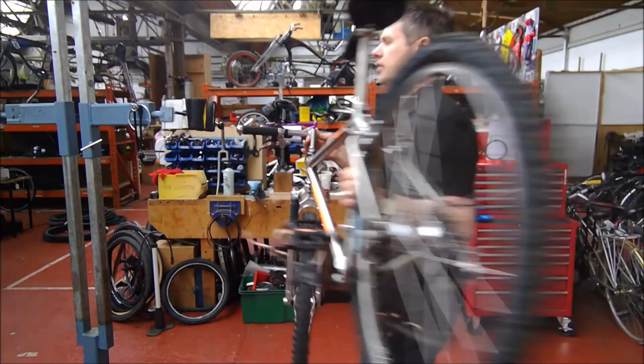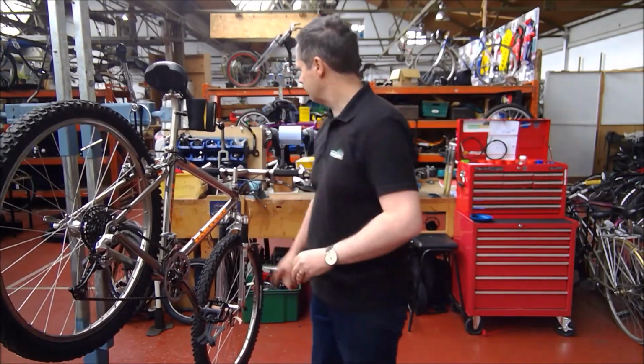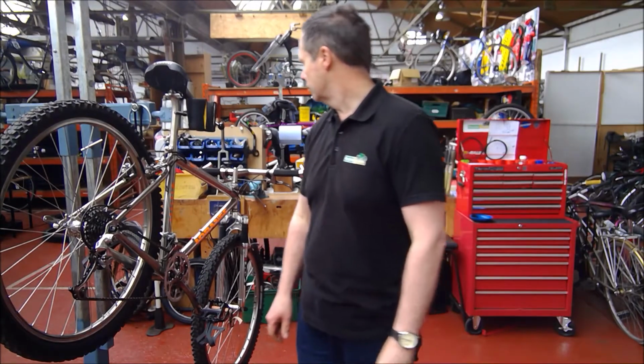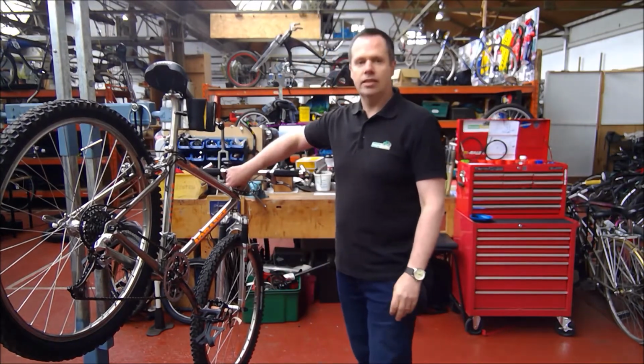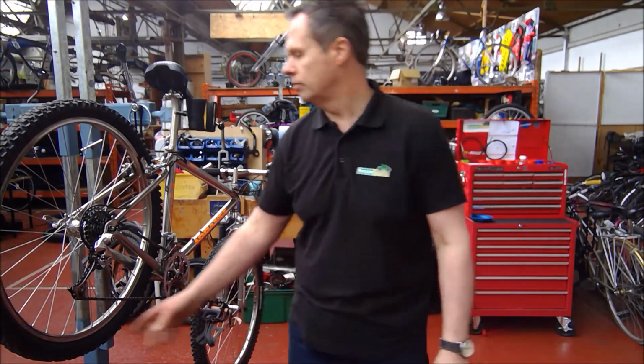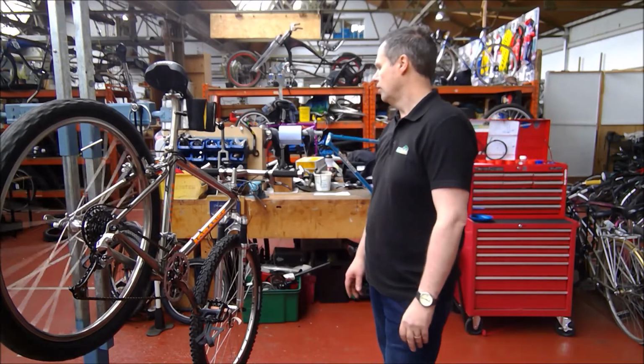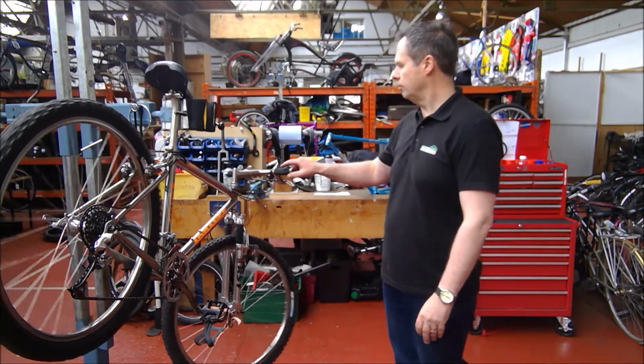Now what was popular at the time was to replace the rigid forks with suspension forks. And as that's the original STX headset, they were probably sold at the time that the bike was sold. So it probably doesn't have its original solid forks, but as a retro bike,